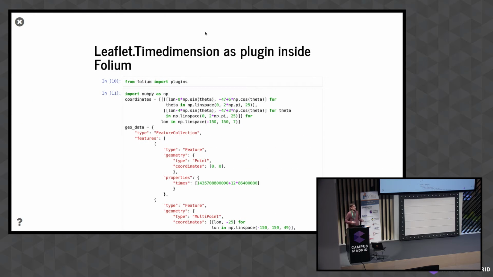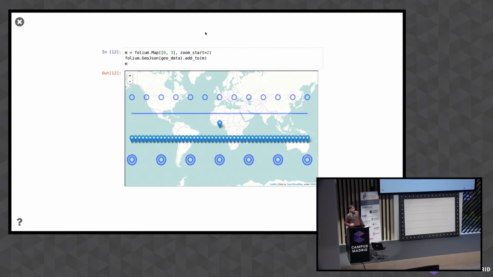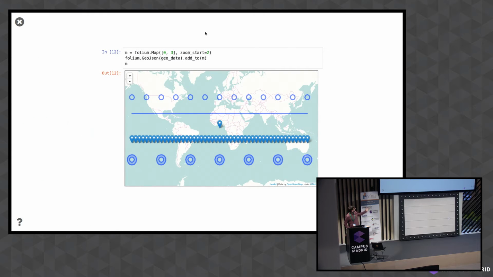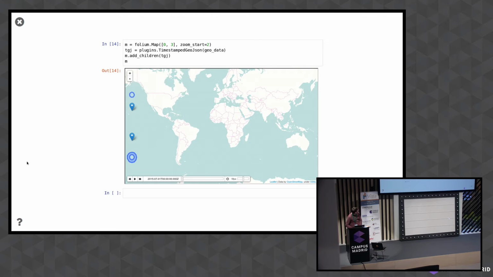But as I told you before, I want to speak about my library. So here we can have plugins in Folium, and here this is a feature collection just for testing that is copy and paste from the tests of Folium, and it creates this. And this is a bunch of GeoJSON features, that in their properties have the times properties. So this is not nice, but then this is, if I can find the button, the play button,